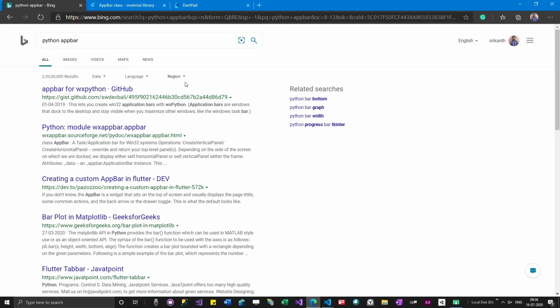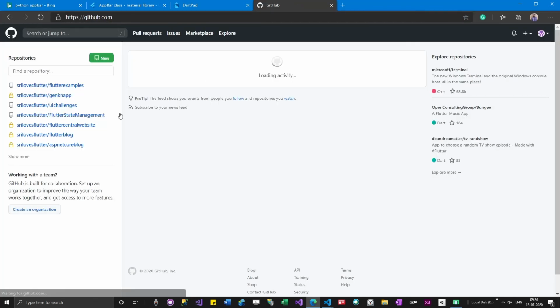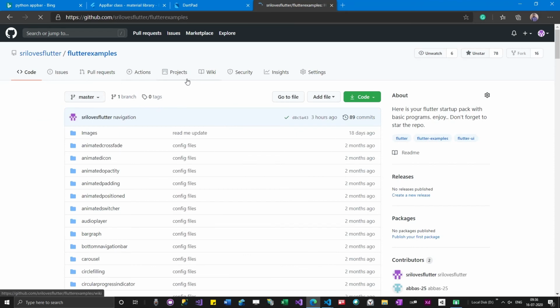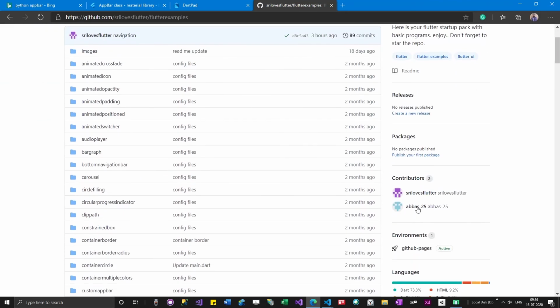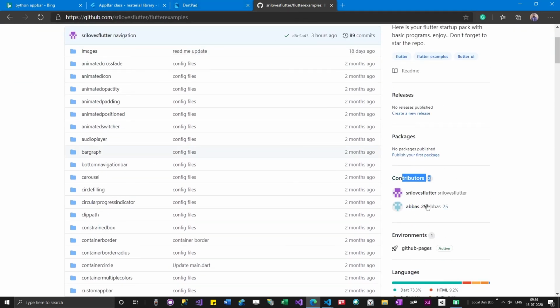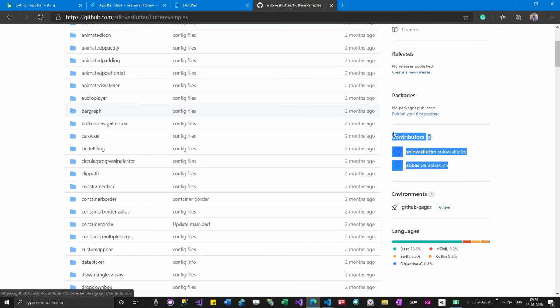Just pull it. Once you push it there, what will happen is your name will appear over here, in contributors. So go to github.com and register. Since you have already downloaded this project, you'll be able to push it. It will be slightly tricky, guys, so that is something you could try yourself.